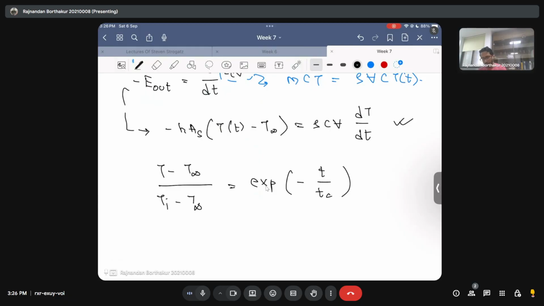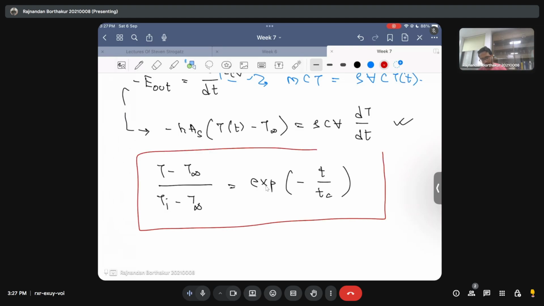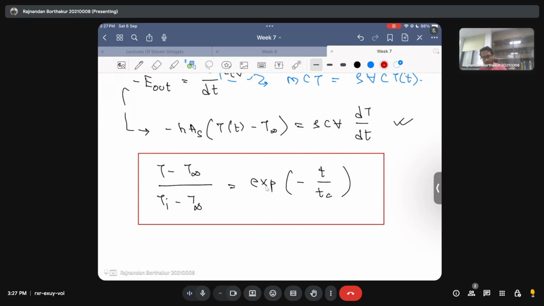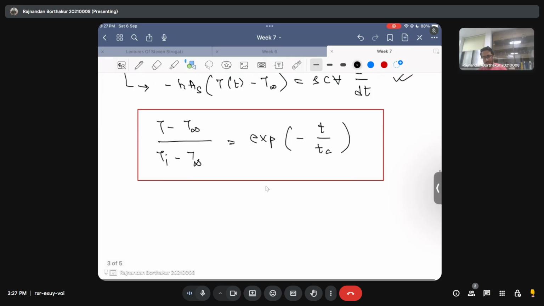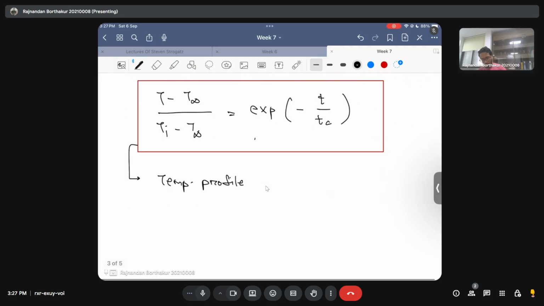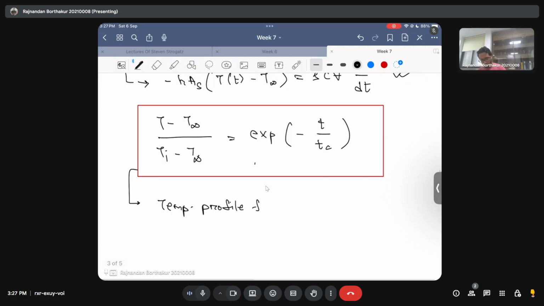But this is what you get when you assume there is no heat generation inside the body, and you are only interested in how the temperature varies with time. This was the expression for the temperature profile for a lumped body,